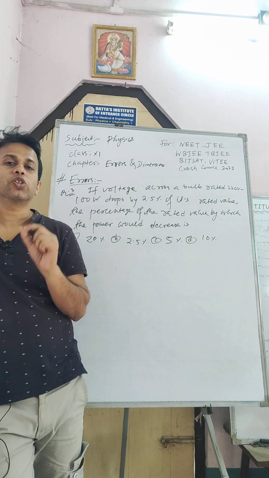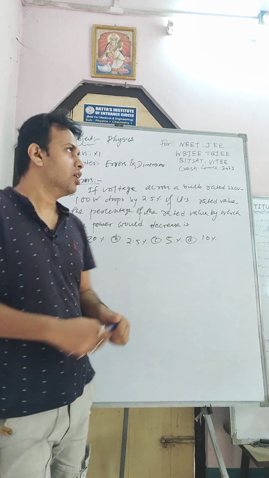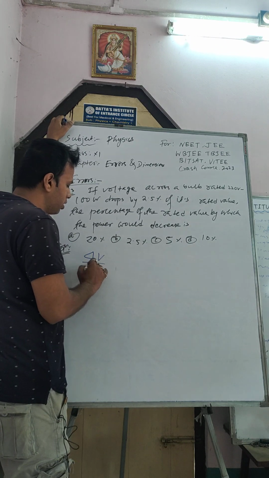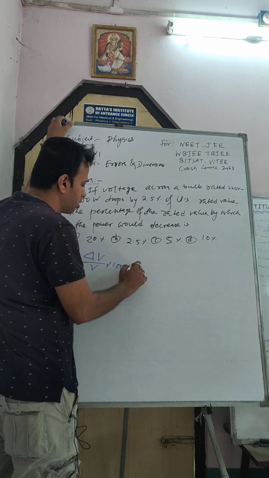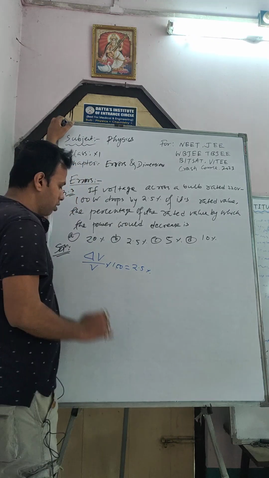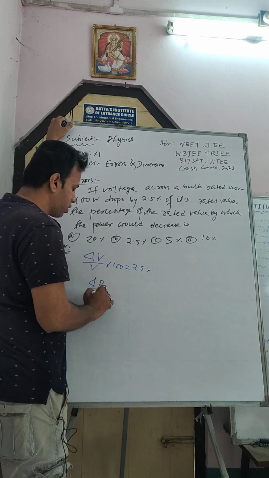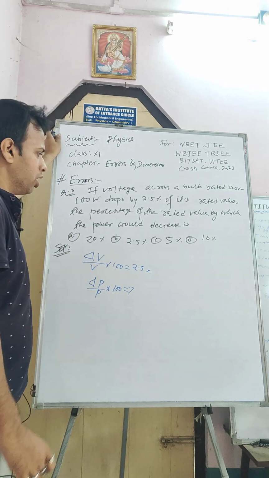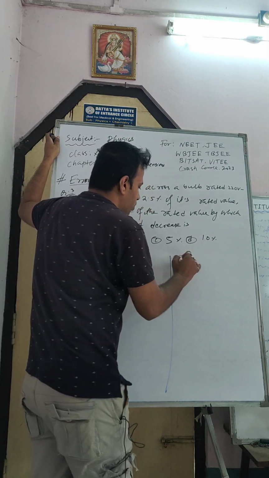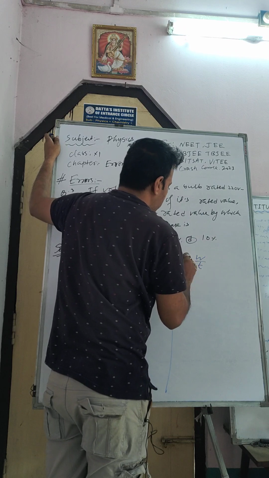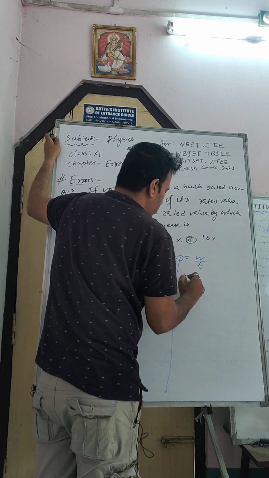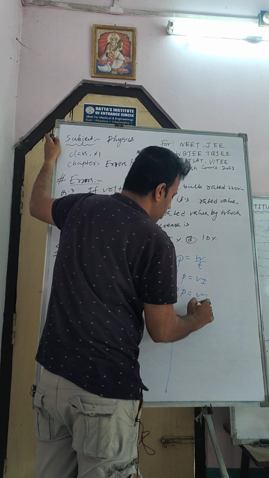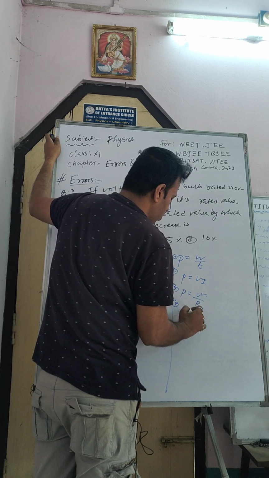Okay, that is the percentage of error, you can say, in power. So what is given here? Here, if this one is voltage, del V by V into 100 equals 2.5%. So now we have to find out del P by P into 100. Okay, so there are lots of formulas for power. Power P equals W by T. That is one formula. Number two, power P equals VI, then V square by R, and the fourth is P equals I square R.